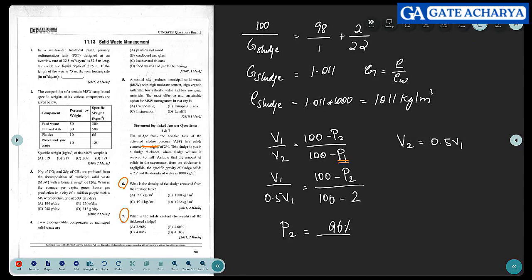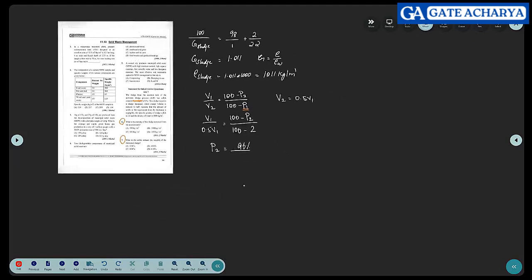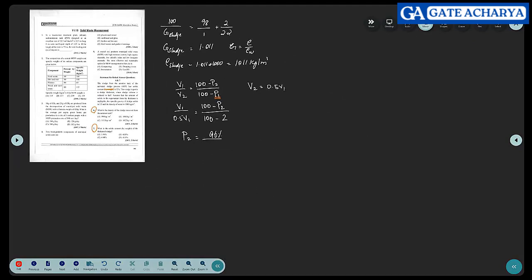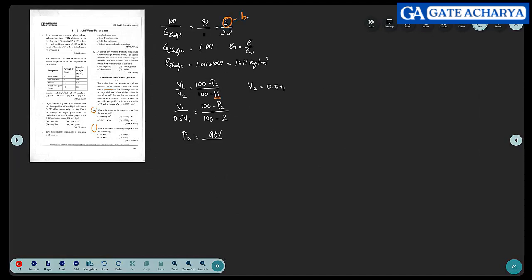So if it is by weight, then what do I have to do? This is 2% by volume. So if it is 2% by weight,